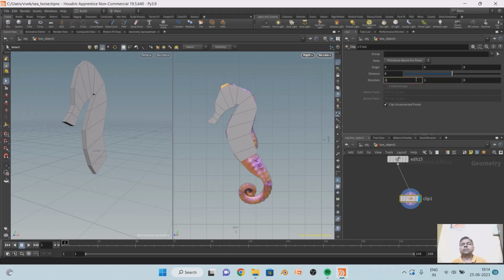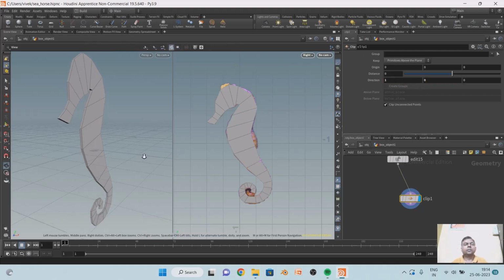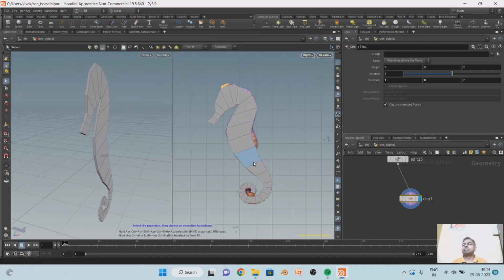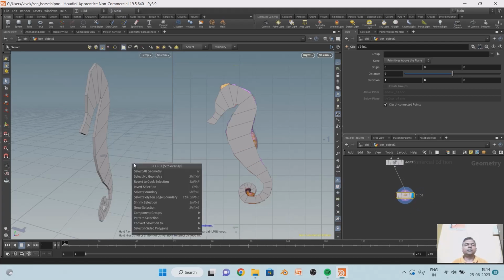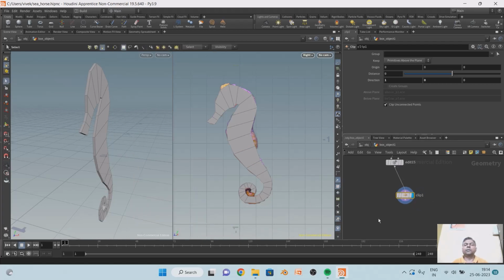What's this? Yes, clipped it. Okay, we clipped it. It's in the X direction. Yes, not Y, X direction. We clipped it, and then now we have to apply the mirror, the